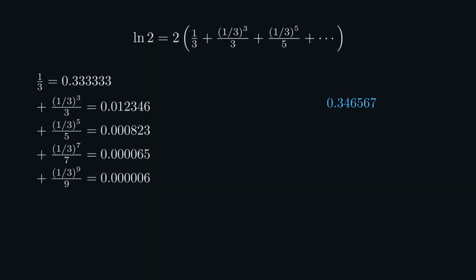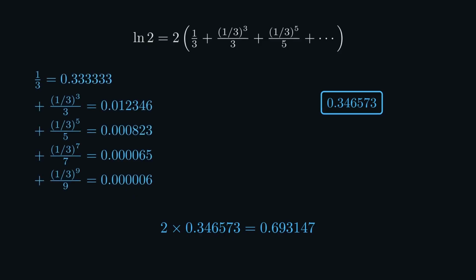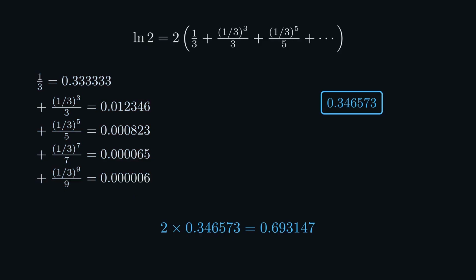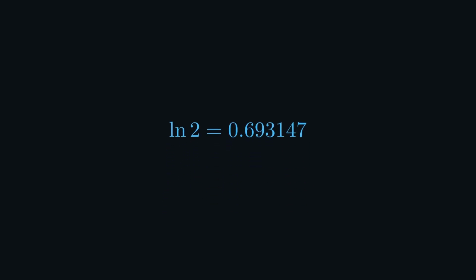0.000065. Fifth term, 0.000006. Add them up, 0.346573. Double it, 0.693147. 5 terms. Pencil and paper. And I have natural log of 2 to 6 decimal places,